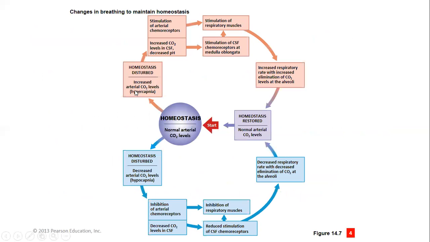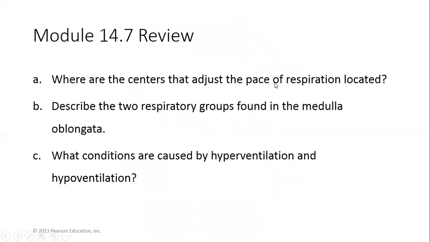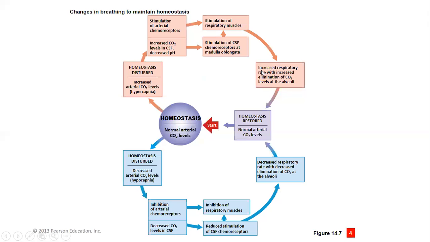Increased carbon dioxide levels, hypercapnia, stimulates the chemoreceptors, sends signals to the medulla and the pons, and that stimulates respiratory muscles to increase breathing rate and expire more carbon dioxide and bring carbon dioxide levels in the blood back down. The opposite happens where if carbon dioxide levels are too low, hypocapnia, that inhibits chemoreceptors from firing to the